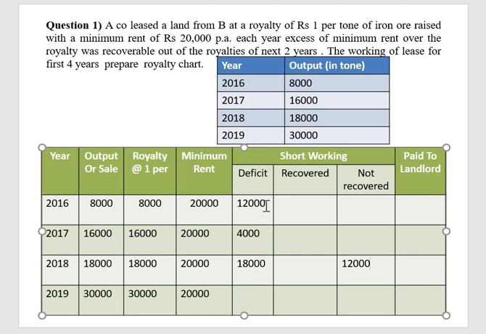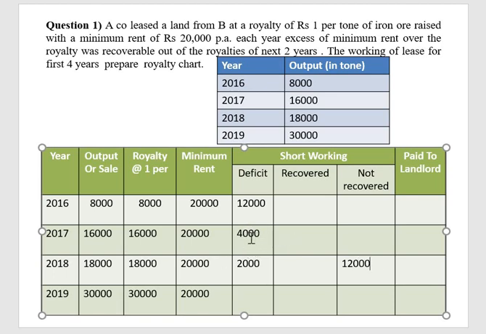Understanding? If there is any loss in 2016, there is a time of the next 2 years to recover it. 2017 and 2018 are the time to recover the 2016 deficit. But 2017 is already a loss and 2018 is already a loss, so I am unable to recover such losses. Is it clear? This is not 18,000, that is actually a printing error. It is 2,000 rupees, because 18,000 minus 20,000 is a deficit of 2,000. So 12,000 is irrecoverable. Is it clear? Next.